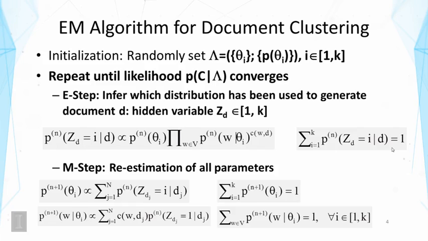And more specifically, we're going to apply Bayes' rule to infer which distribution is more likely to have generated this document, or computing the posterior probability of the distribution given the document. And we know it's proportional to the probability of selecting this distribution, P of theta_i, and the probability of generating this whole document from that distribution, which is a product of all the probabilities of words for this document,